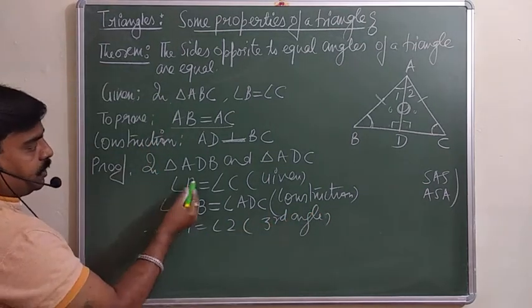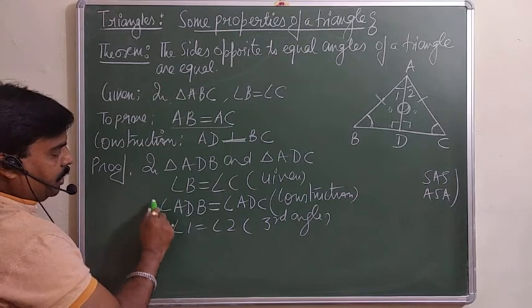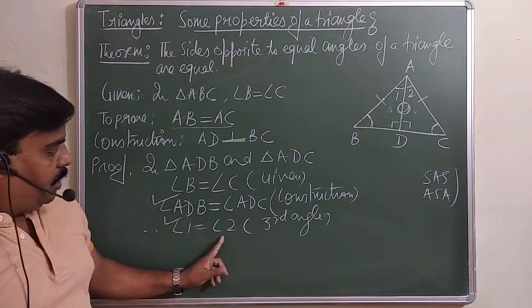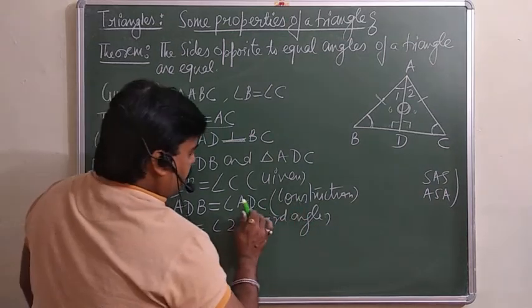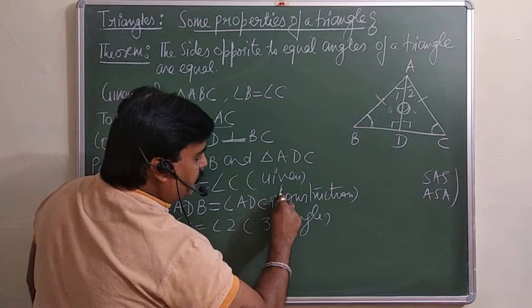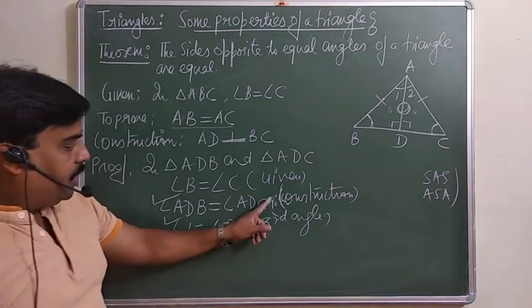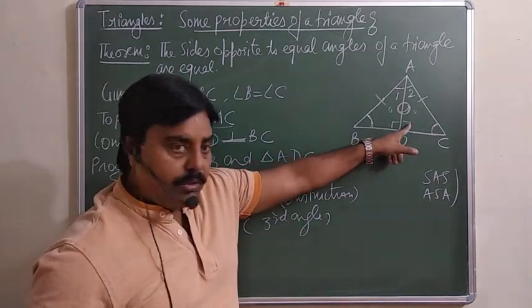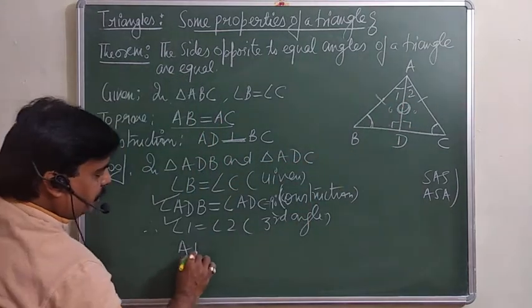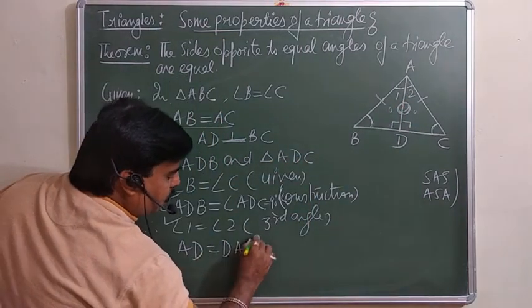Therefore, with the help of this, this is what we are going to do now. This one is 90 and this angle 1 is equal to 2. This is what we are doing in a construction. This is equal to the 90 degree. You can write it here. What we are doing in a construction is 90. So this angle is equal to this one. In the construction, this is the third angle, and AD is common. AD is equal to DA, the side is common.